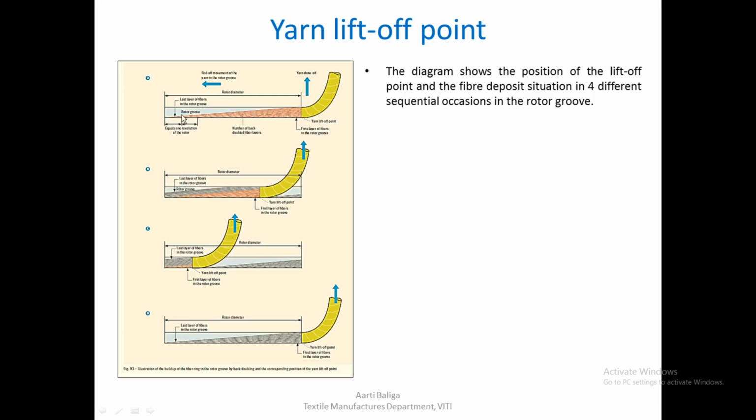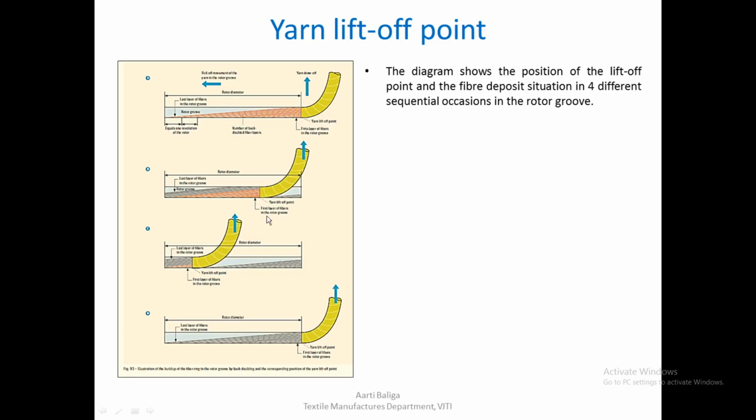The earlier layer was this red colored one, and on top of it another black colored layer has got deposited. Simultaneously you can see that as the yarn is being lifted off, even some fibers, you can imagine this like a circle,